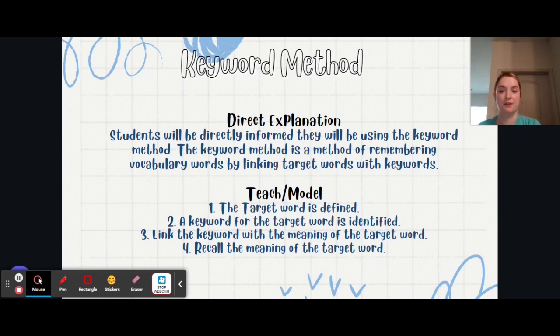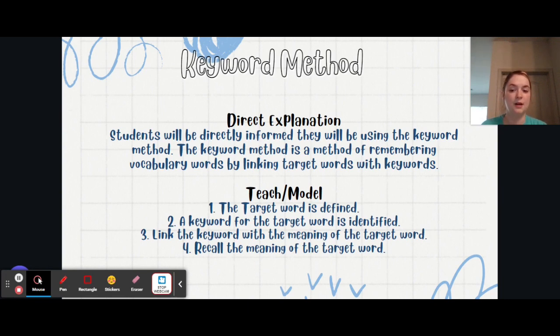The keyword method is the last method covered. The keyword method is a method involving linking keywords with target words, and this method is statistically proven to work really well with students with learning difficulties. So when you'd use this, you just want to directly explain to students what you're doing. The keyword method is a method of remembering vocabulary words by linking your target words with keywords. So when you teach and model this in class, you would take your target word. Your target word may be